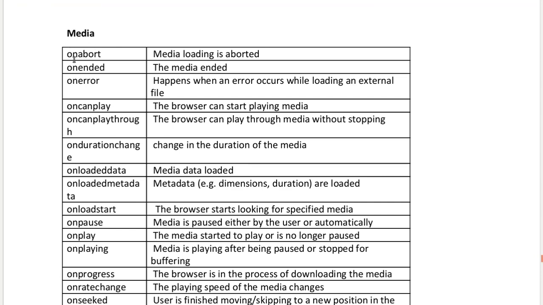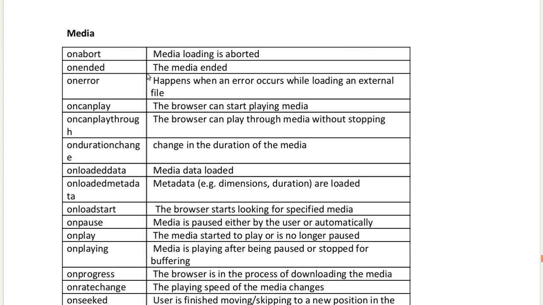Media. On abort: media loading is aborted.